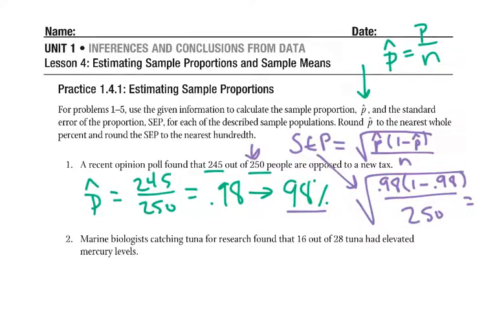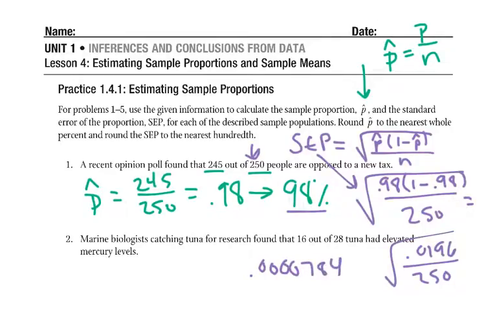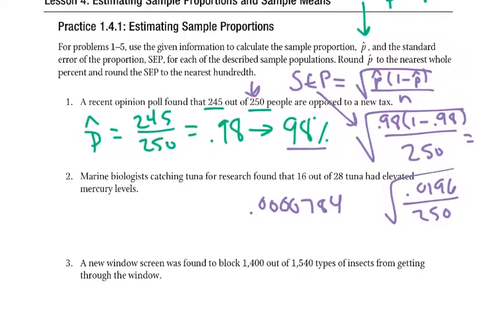So we do that. I'd go 0.98 times 1 minus 0.98, which gives me 0.0196, divided by 250. And I can put the whole thing in the calculator, because that's a lot easier to do, and it'll just spit out my information. So then I go 0.0196 divided by 250, and I get 0.1234784. Really small. And then we take the square root of that, which gives us